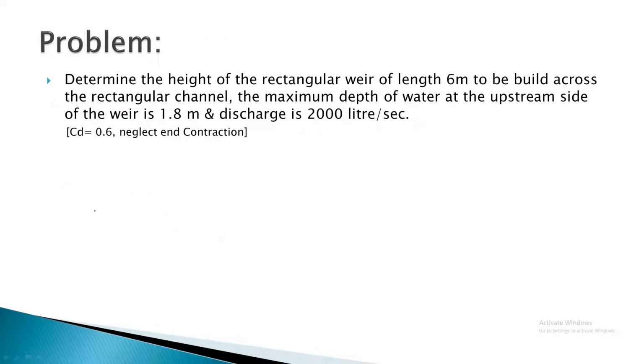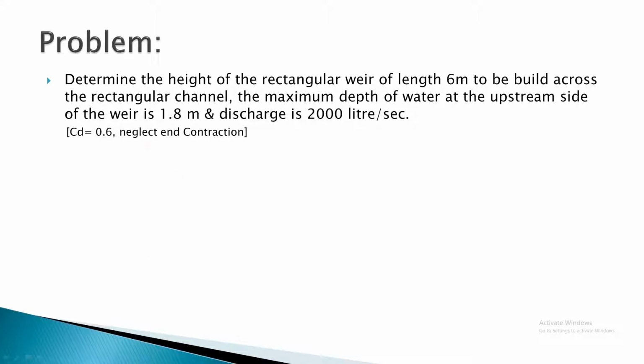Okay, before coming to that portion, yesterday we discussed the various types of notches and weirs, right? And we also derived the equations for different types of weirs and notches, like triangular notches, rectangular and trapezoidal cases, right? Now this is a simple problem. Let's solve it first and then we'll go to the venturi meter and orifice.